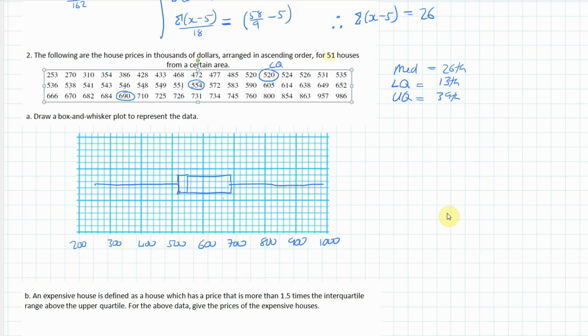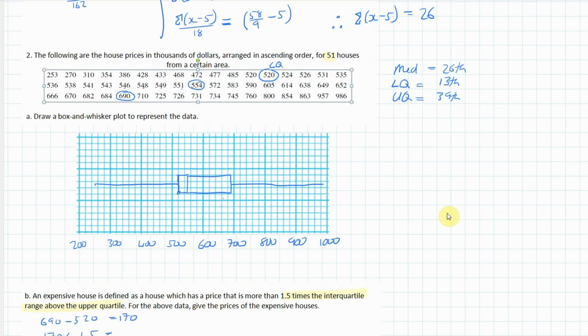Now, the next question is: an expensive house is defined as one that has a price of more than 1.5 times the interquartile range above the upper quartile. So we've got to now define which ones are the expensive houses. So 690 take away 520 will give us the interquartile range. So that's 170,